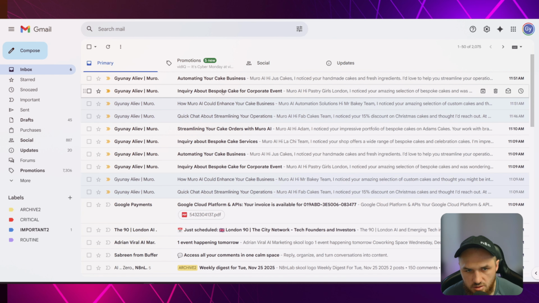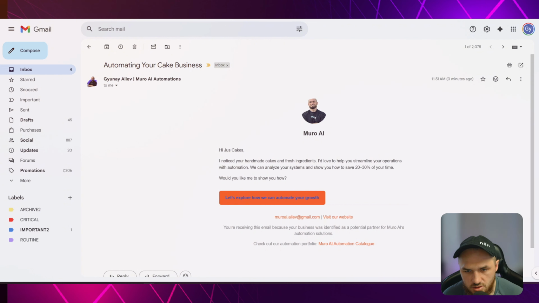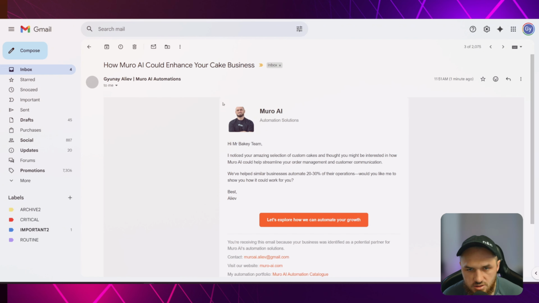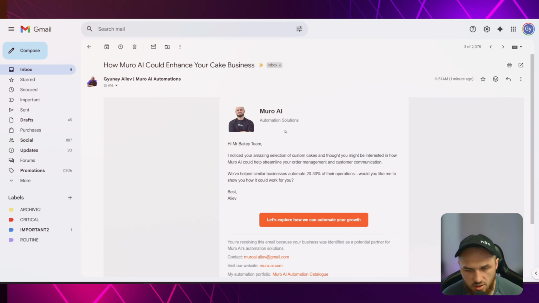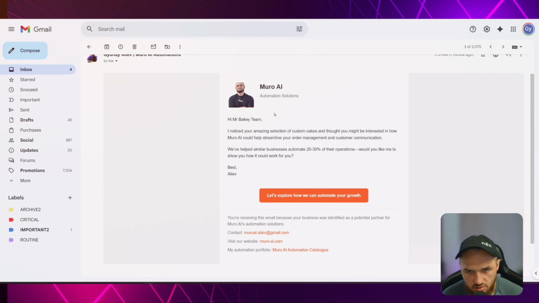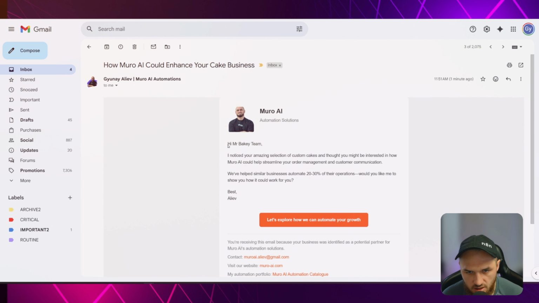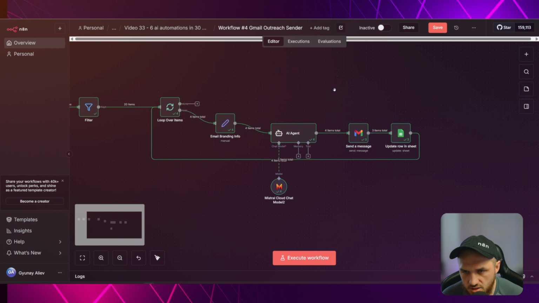Let's see the other email. This one is a circle. This one is a circle again, with a blue. So yeah, this is where you can see the inconsistency in the formatting of the email. And for example, if you like this email, so we can see, hi, Mr. Bakery team. We can just go here and see,